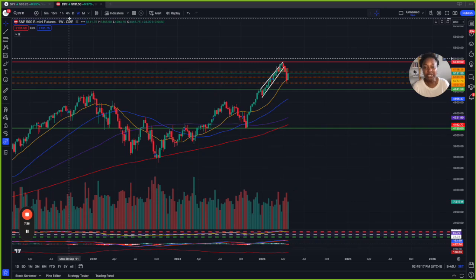So that is something that I'm looking out for, because we haven't retested these previous highs here from 2021. And then where we absolutely consolidated again over here in 2023. Then we had that slight pullback in October, and then just absolutely blasted off and went straight up from October 2023 until about March 2024. So I just would have expected to see a pullback back down here to the 48.41, and that would make me feel better to see that pullback happen to continue to play to the long side.